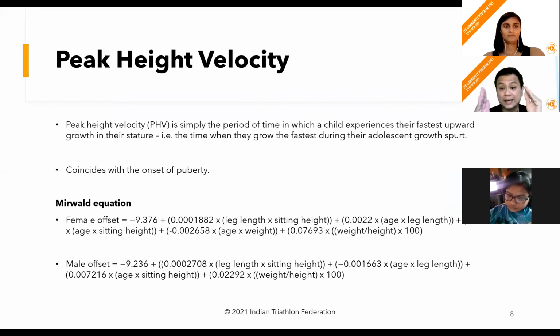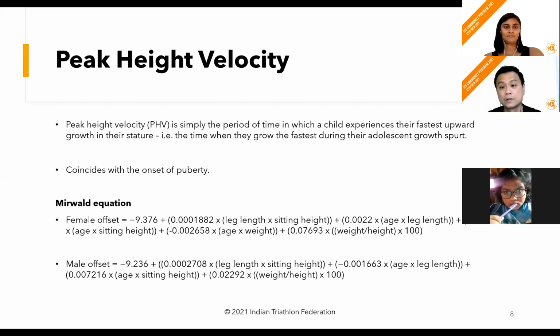It's a phase. This peak height velocity can take place between one month to a couple of months and coincides with the onset of puberty. Got it? Now, I'm going to help you clarify this. Many people say, oh, the child has gone through puberty. My question to you is, how would you know? Oh, because I think so. There is actually a scientific way to acknowledge that a child has begun puberty, and this is through establishing, invasively or non-invasively, this period in the child's life known as peak